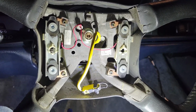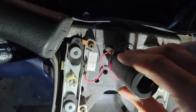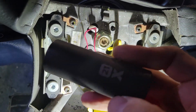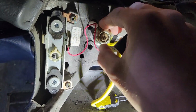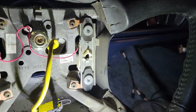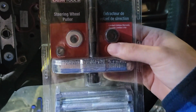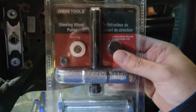Alright folks, I jumped ahead a little bit, got the nut loose here, 21 millimeter. And then you can see you got the two holes here for the puller. So I'm gonna get the steering wheel pulled,